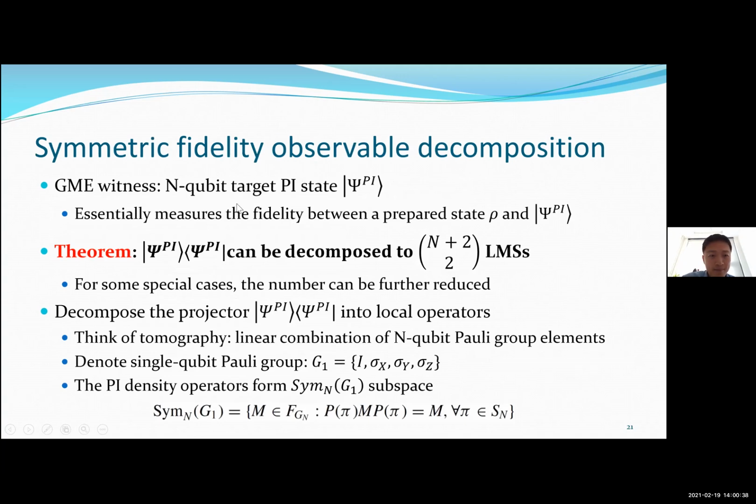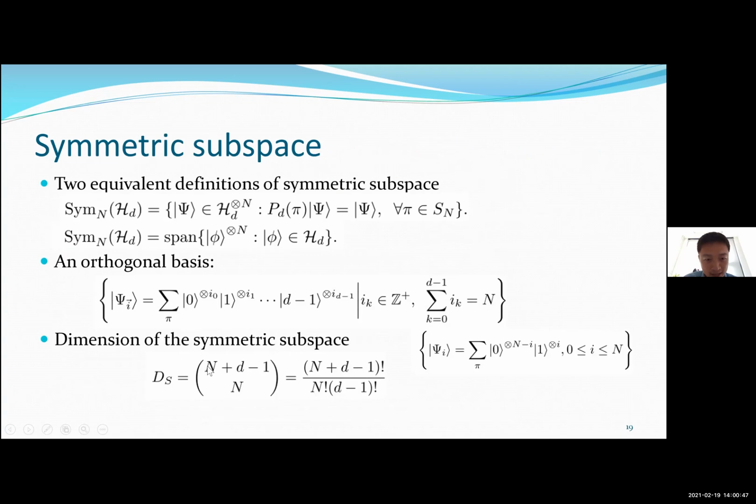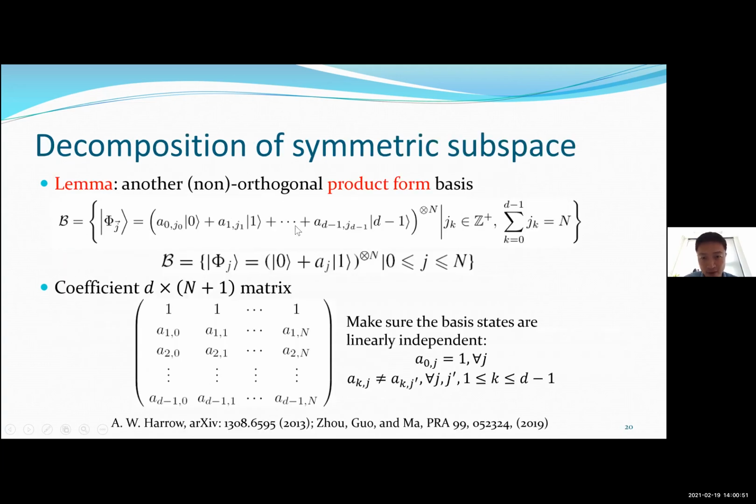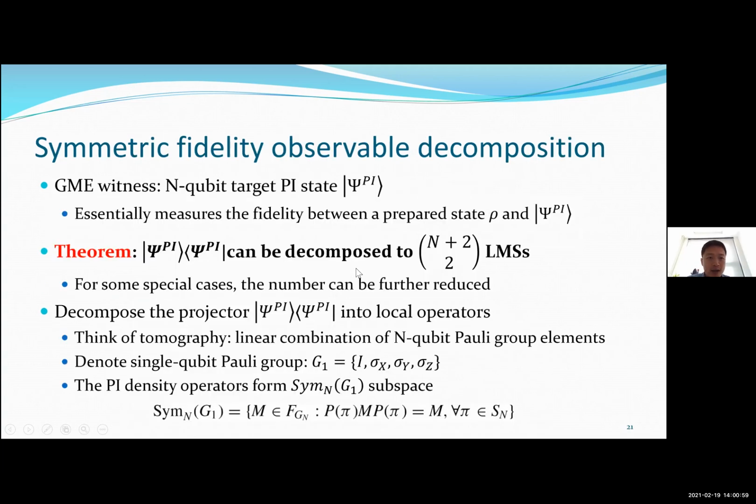Okay, so now we want to show that... keep in mind, how many states do we have? M plus D minus 1 choose N. Okay, so that's a product state form. Of course, each product state corresponds to one local measurement, right? Okay. So now the question is that we want to measure the fidelity between the previous states of